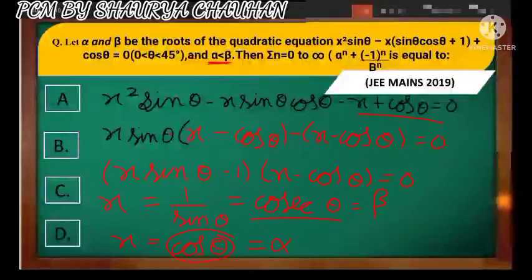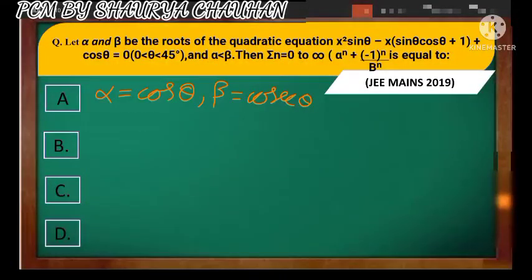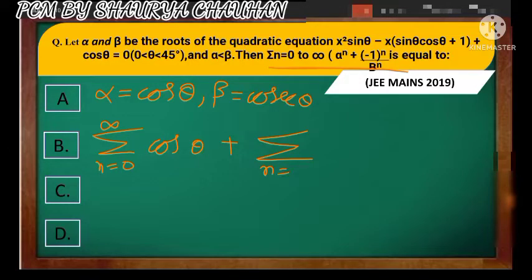Now I am erasing. You can note, these are the two roots. So let's find this one. So this will become summation n equals 0 to infinity of cos theta to the power n, plus summation n equals 0 to infinity of cosec theta to the power n. By opening these both terms, it will become